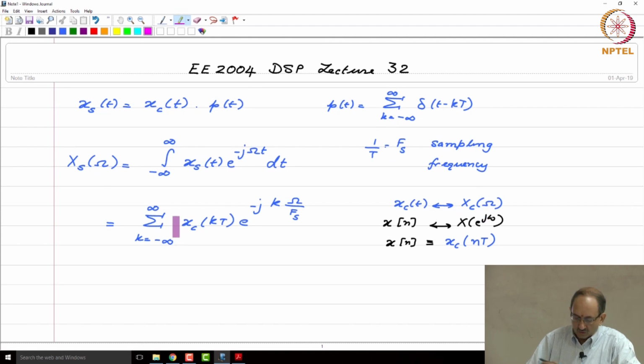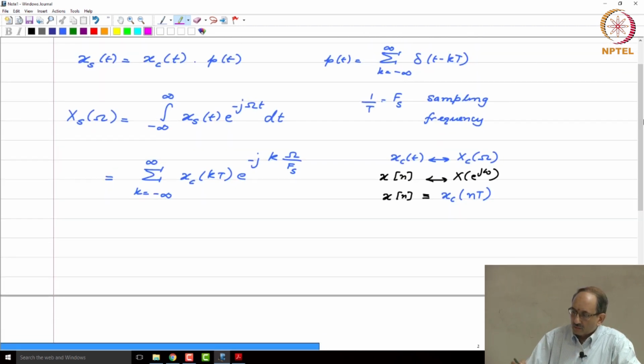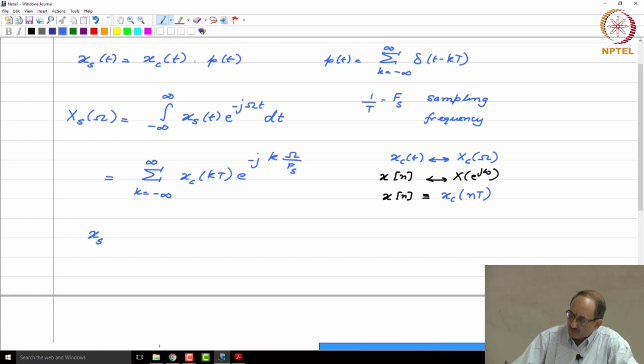So, we have come this far, but as you can see from this expression, on the right hand side you have xc of kt. So, we do not have anything that relates or that brings in xc of omega. So, for this we look at exactly the same spectrum, but from a slightly different viewpoint, and the viewpoint we are going to look at is this. So, we have xs of t, and this as before is xc of t times p of t, which is the impulse train,